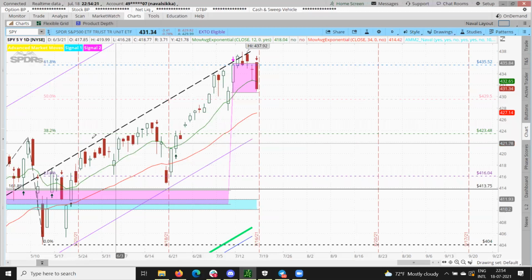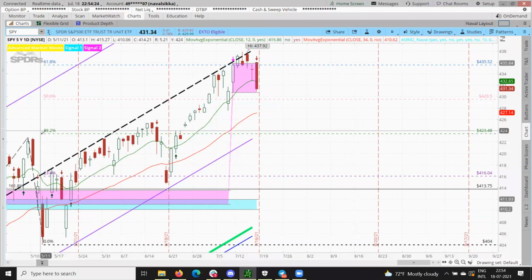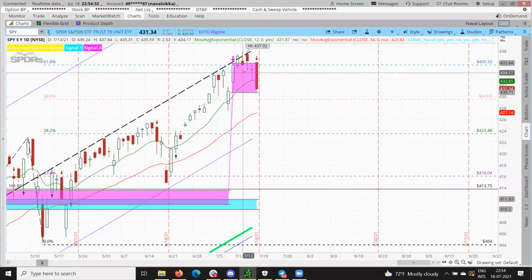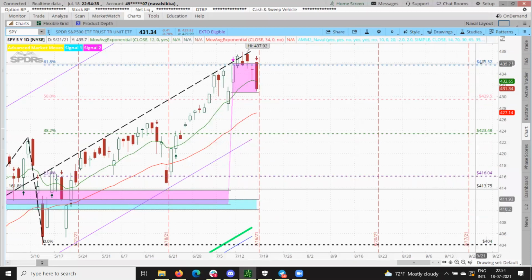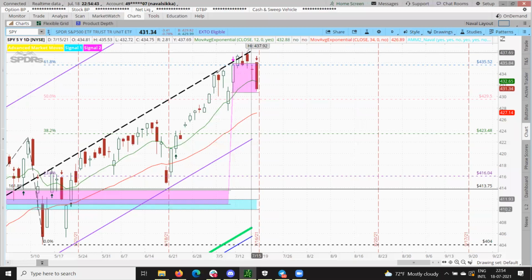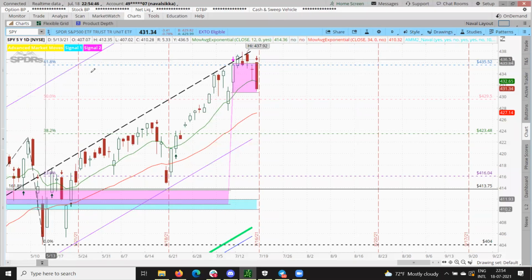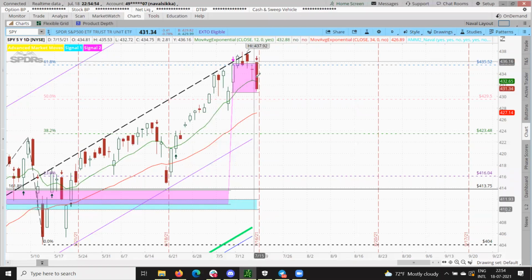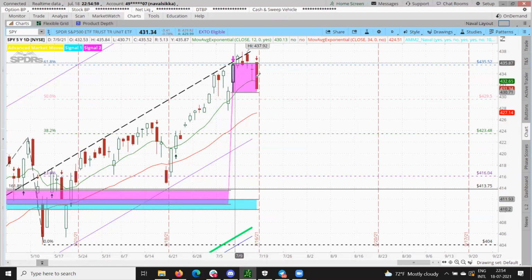Okay, so you have to be very respectful of these numbers. 38, 61. So here, after the breach of these numbers, it went up directly here. And look at this range, 435, 52. It's getting rejected consistently here. First, there is a trend line. Second, there is 61.8 Fibonacci extension. Third, it is making a bearish engulfing. Fourth, it's my indicator based on MACD and divergence, that yes, it's showing me that it's getting a supply